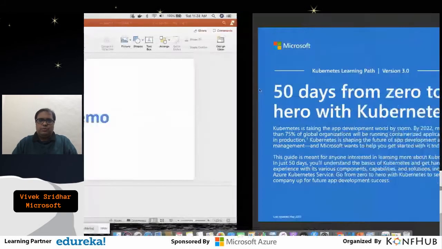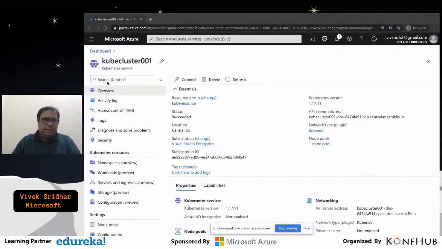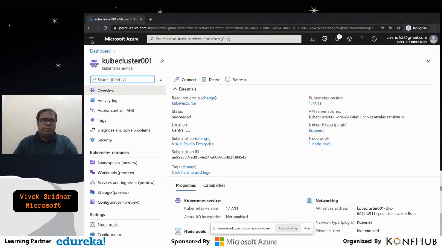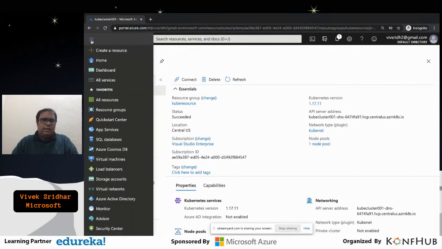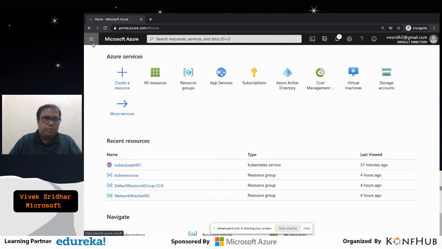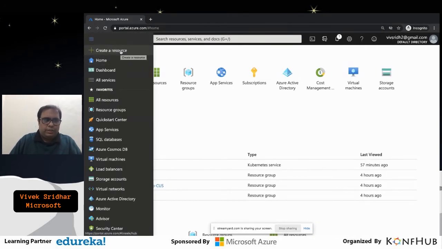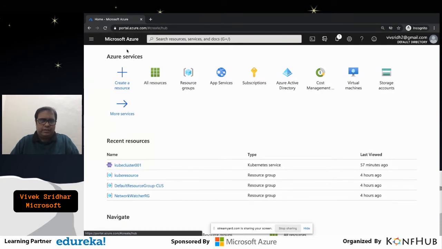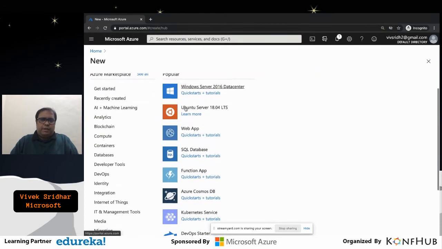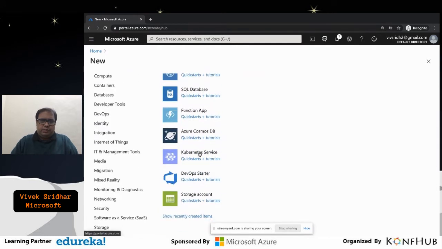I've already got myself a Kubernetes cluster on Azure Kubernetes Service, on the Azure portal. So let me show you how to do that as well. This is the portal, and once you log in, you can see the portal, and I'll just go ahead and create a resource. While I create a resource, there is something called Kubernetes service. And when you click on Kubernetes service,